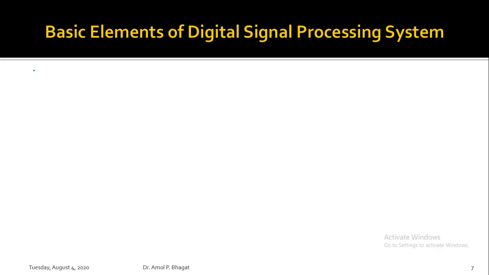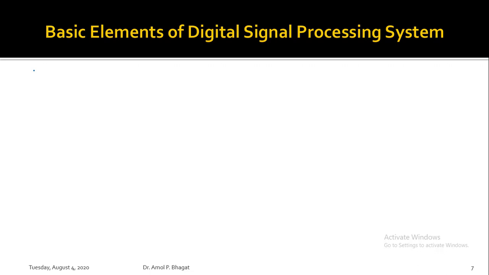In the previous session, we have seen an introduction to digital signal processing, how analog signals and digital signals differ from each other, and how these signals can be categorized. That is the broad categorization as continuous value continuous time signal, continuous value discrete time signal, discrete value discrete time signal, as well as digital signal. We also saw the definition of a signal, which can be defined as a physical quantity which varies with time, space, or other independent variable or variables. We have seen some examples of those signals, as well as the further categorization